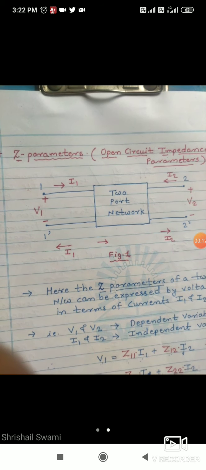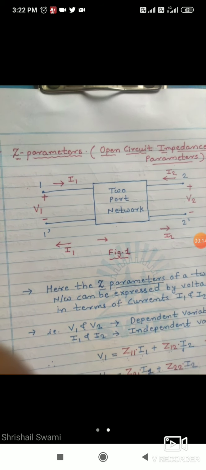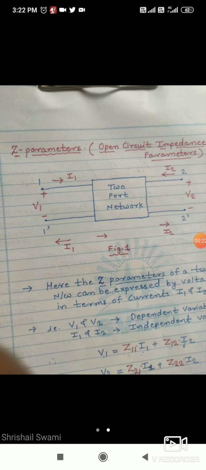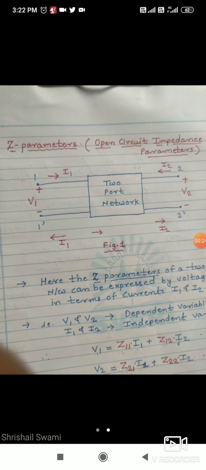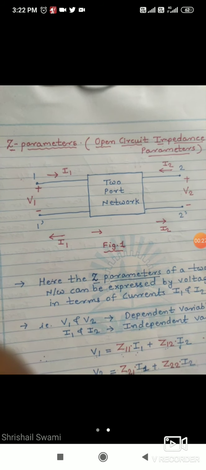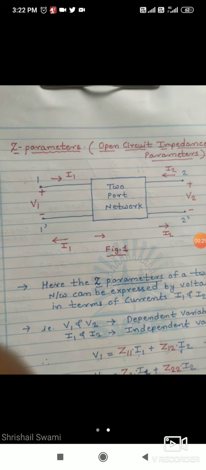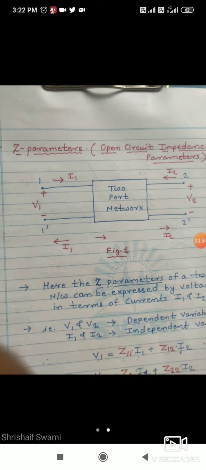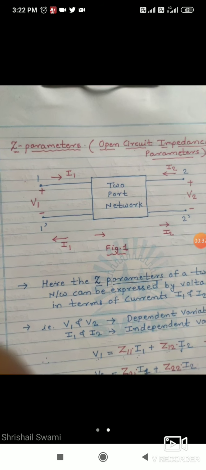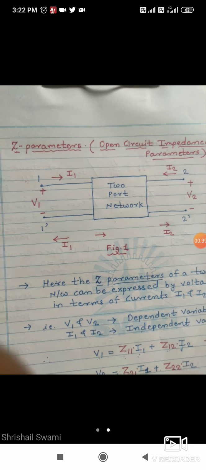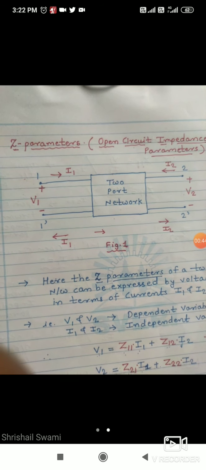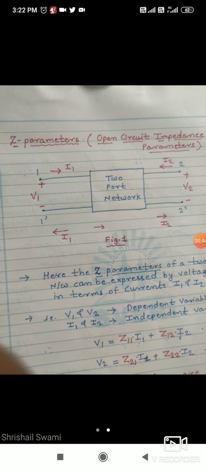Today, first of all, we discuss what we covered in the last lecture. In the last lecture, we started unit number 3, that is the two-port network. As per the triple P format, we completed the syllabus of unit number 3. What is the meaning of the title of this chapter? What is the central idea? What is the importance of this chapter? Why are we learning this chapter? Which book should we refer to for this unit, and what is the objective or outcome of this chapter? All those points we covered in the last lecture.